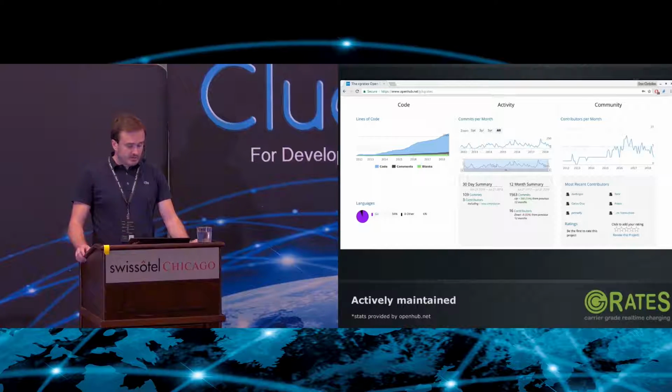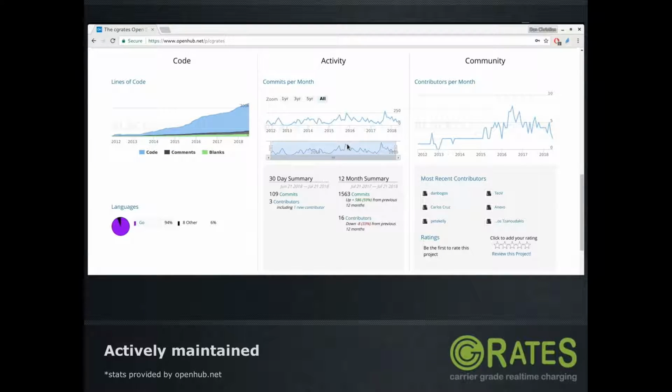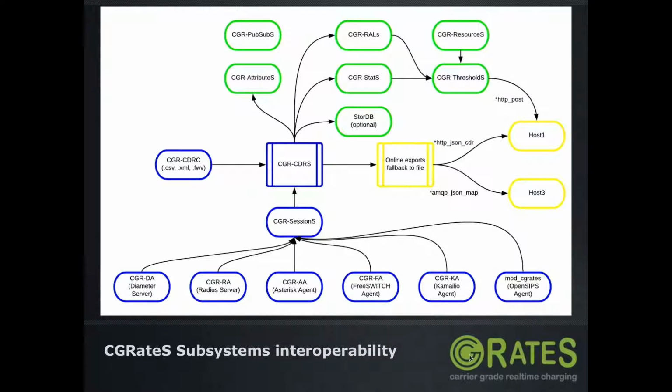Regarding the activity of the project, you can see sometime in 2013 it was our first year of coming to KazooCon. And ever since, the project was quite consistent in commits. In these stats at least, you cannot find a single day without commits. So we are doing this since quite some years now, continuously committing code. We got over 200,000 lines of code nowadays. So the project grew quite fast.